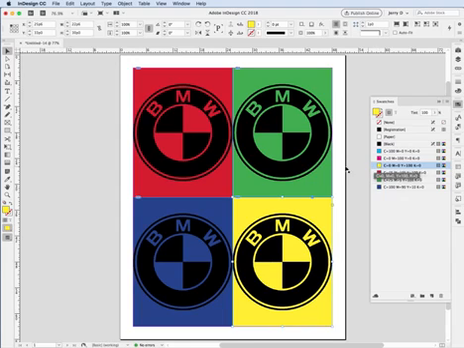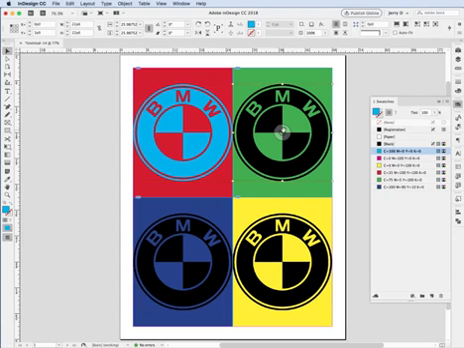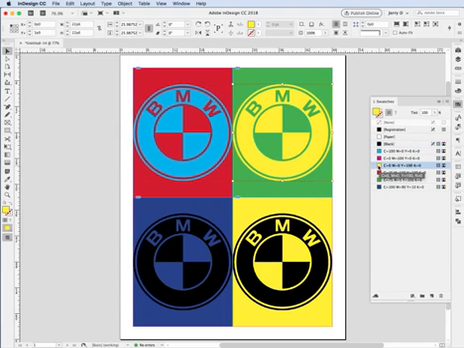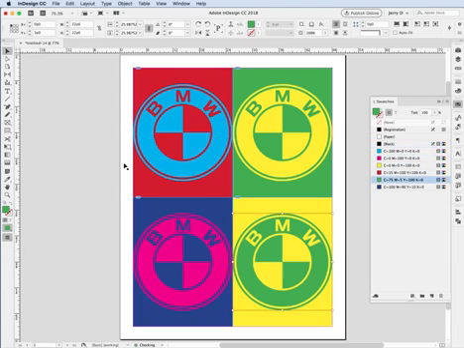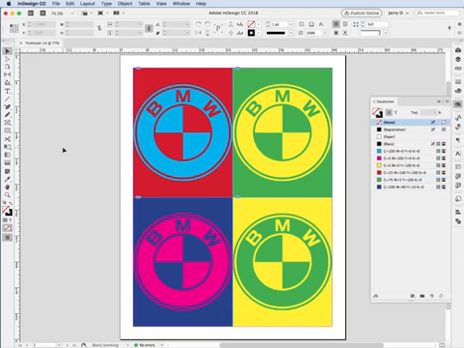But I can even do this now. I can select the bitmap image, and I can change its color. So I can make that blue, and I'll make that yellow. And I can make that one magenta, and I can make this one, I don't know, green. All right, so now you can see that with a TIFF bitmapped image, you can actually color the actual graphic itself right in InDesign. So that's how you can work with a TIFF